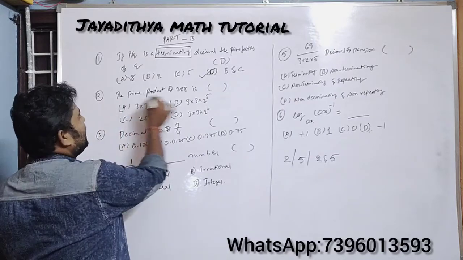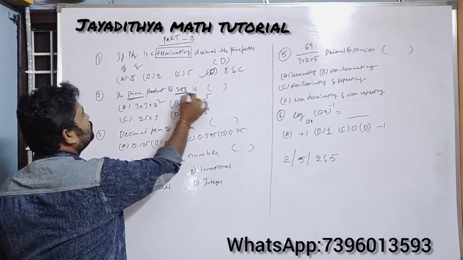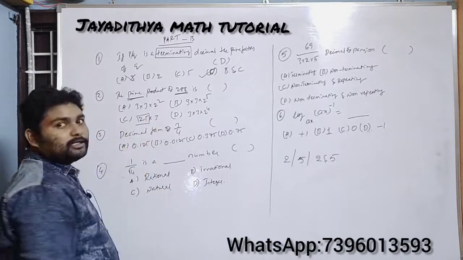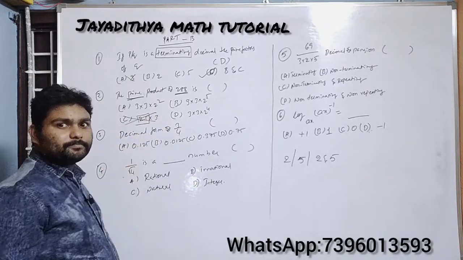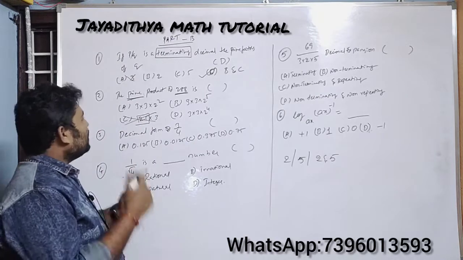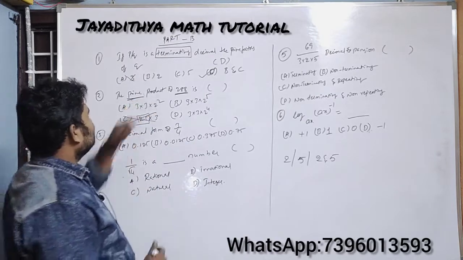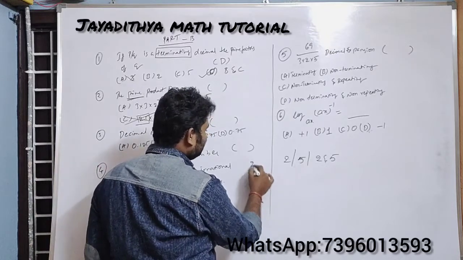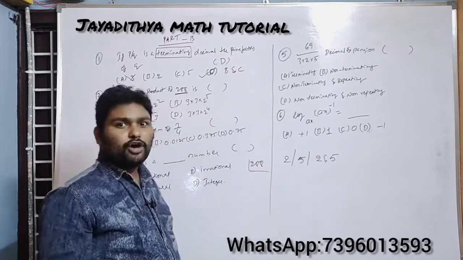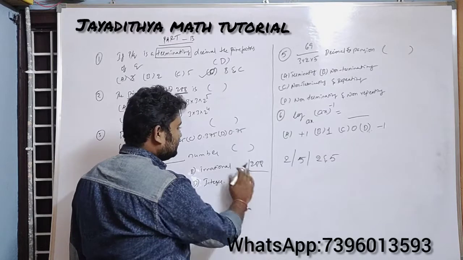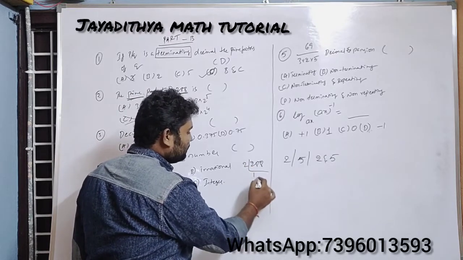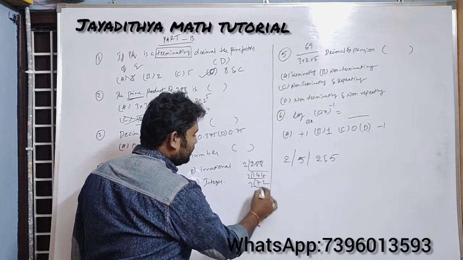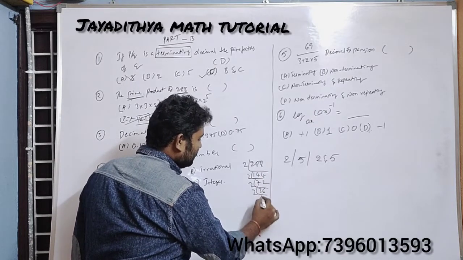And next one is prime product of 288. If you observe 25, it is not prime. So this is not the answer. And how to find this one means simple Nana. So see here, prime product of 288 means you do the prime factorization. That means you do the short division here. So 288 is there. So you divide with 2, then it will be 144. And if you divide, it will be 72. If you divide again, it will be 36. If you divide again, it will be 18.